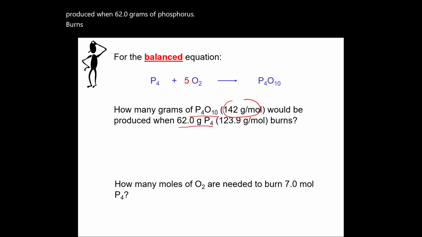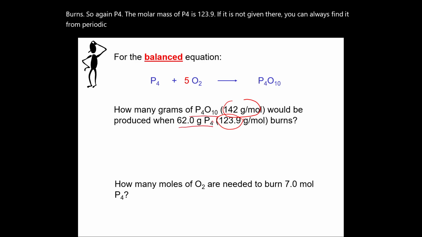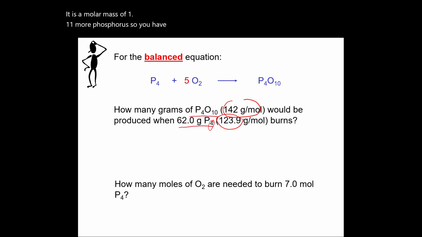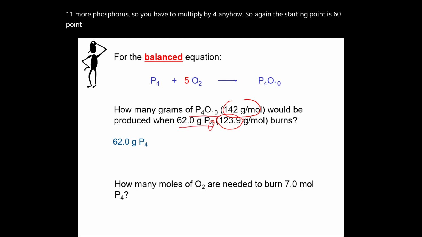So again, P4, the molar mass of P4 is 123.9. If it is not given there, you can always find it from the periodic table. And of course, in the periodic table, it is like 15 point something. It is the molar mass of one mole of phosphorus, so you have to multiply by 4. Anyhow, so again, the starting point is 62.0 grams of phosphorus, and we have to convert it to moles, and